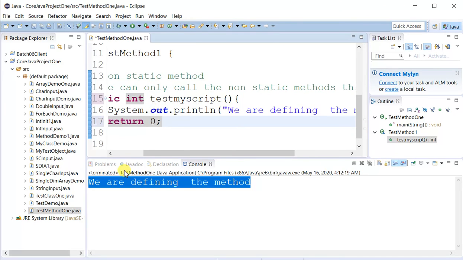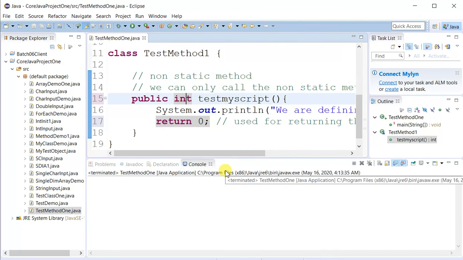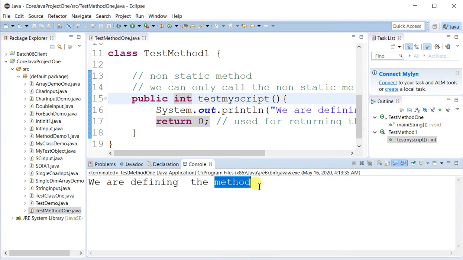Yes. So this is the way the return keyword is used for a return type method, returning the value. When the method is return type, we need to return the value. That is the reason. So this is a return type method. Now I changed from void to integer. The moment I changed from void to integer, I have to use the return keyword to return a value. There is no value to return, so I am returning 0 over here. Let me execute it once again. Check. So this is the way it is working.